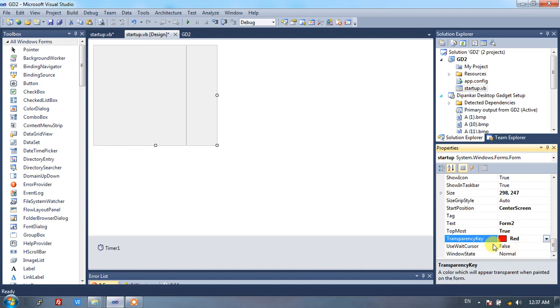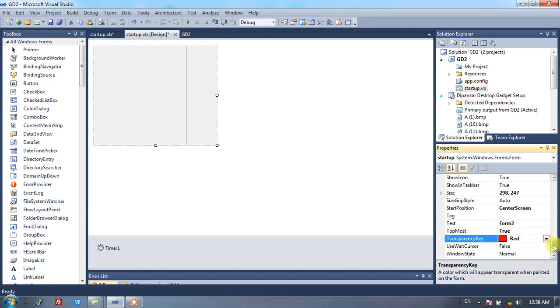If you have an image with a green screen or blue screen, or whatever background color, you need to set that particular color here, because when you run this application, that color is going to be transparent. So that's why you need to set the chroma key color value here.